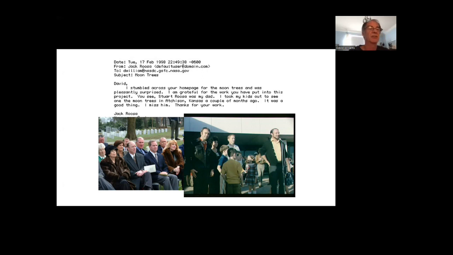And so there's his family now. On the far left is his wife, and then his son Jack is sitting next to her, second to the left. And then another one of his sons and his daughter Rosemary, and then his son Christopher is actually talking at the moment that picture's taken. So his whole family was there at this dedication. And he sadly died in 1994. But it was very, very exciting to hear from them, and then to get to know the family, and then hearing stories about Stuart Roosa, which are some great stories. Especially, I spent a lot of time with Christopher Roosa and heard these stories.